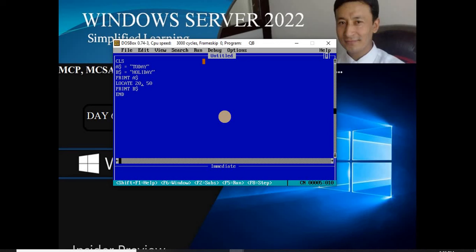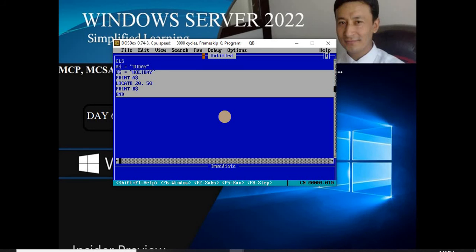Most of the time, we use only the tab, but when we get some sort of question to display our data in a certain pattern, in a design format, like a triangle, in that case we have to make the best utilization of the locate statement, because it is only the locate statement that's going to help you to position your cursor in your desired row number and the column number of that particular row. Okay, so I hope I made it clear for this one also.